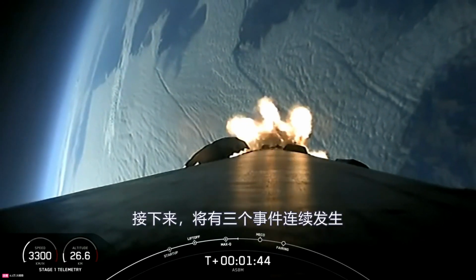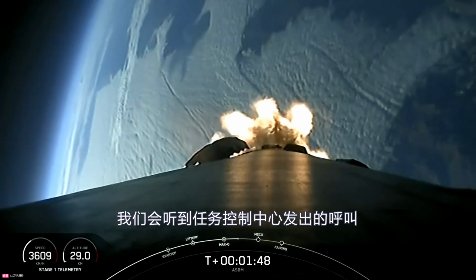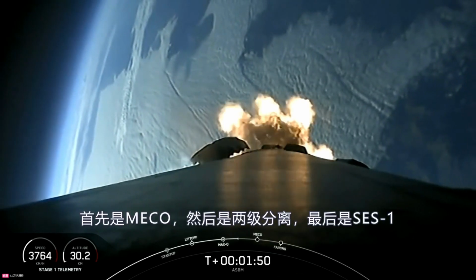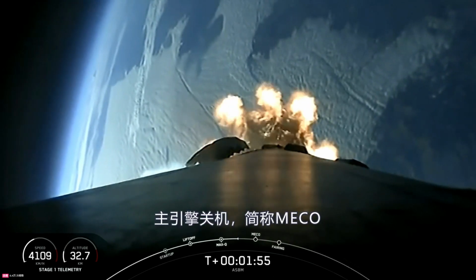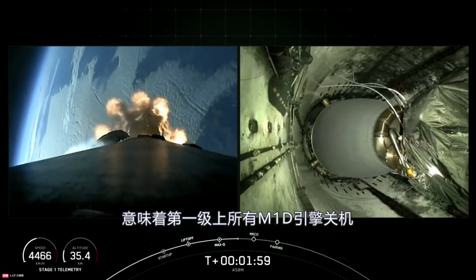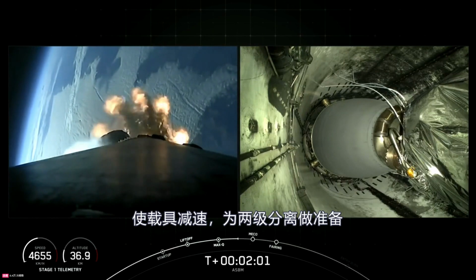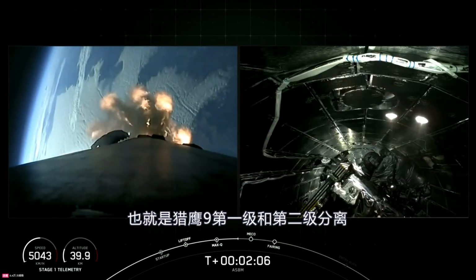Now, coming up shortly, we'll have 3 events in quick succession, and we should hear all of these called out by Mission Control, starting with MECO, followed by stage separation, and then SES-1. Main engine cutoff, or MECO for short, will shut down all 9 M1D engines on the first stage to slow the vehicle down in preparation for stage separation, which is when the first and second stages of Falcon 9 separate